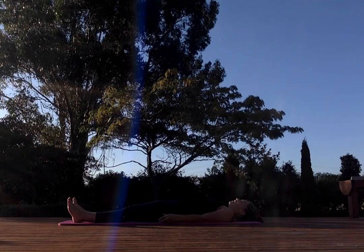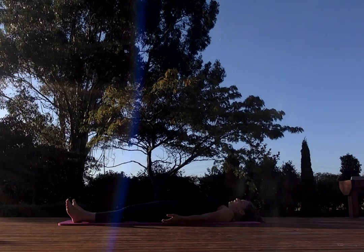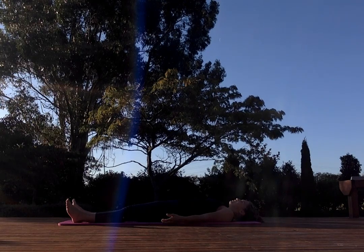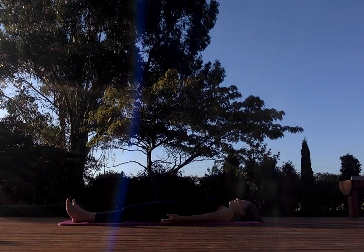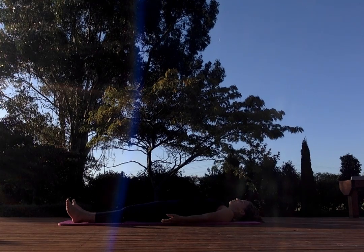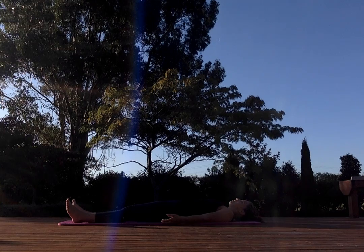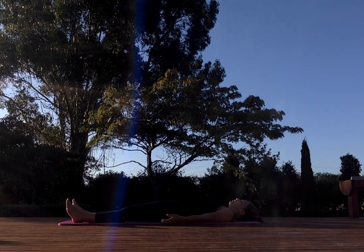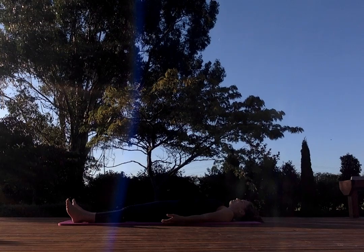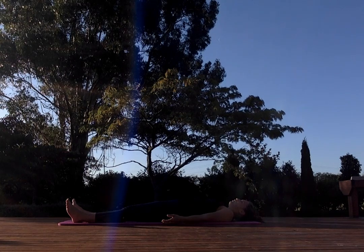Once we arrive on our backs, we just want to notice that our palms are facing the sky and our toes are facing outwards. And what you'd want to do is just start with a wee body scan to ensure you're relaxing all the way through the body. So I'd start from the feet, just feeling the heaviness into the ground and all of your contact points in the body. You might notice the kneecaps relaxing, the quad muscles feeling heavy. You can feel your lower back on the ground, opening up through the front of your hips, noticing the rise and fall of your belly,